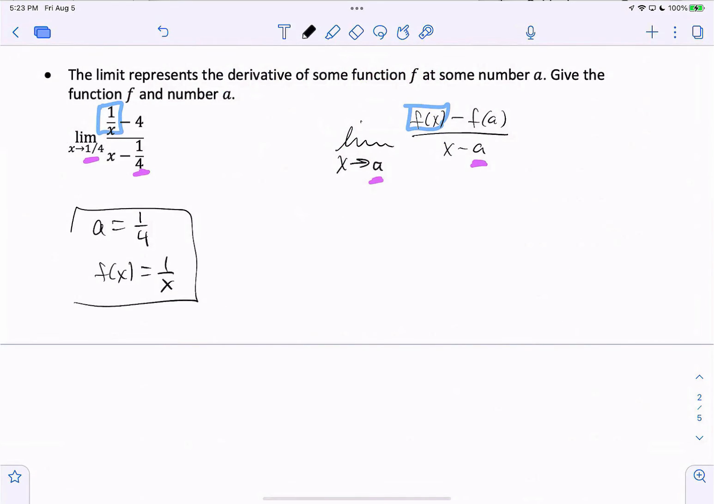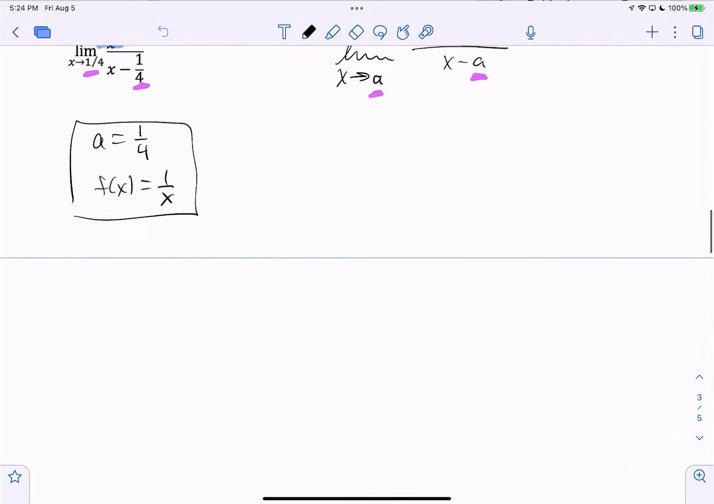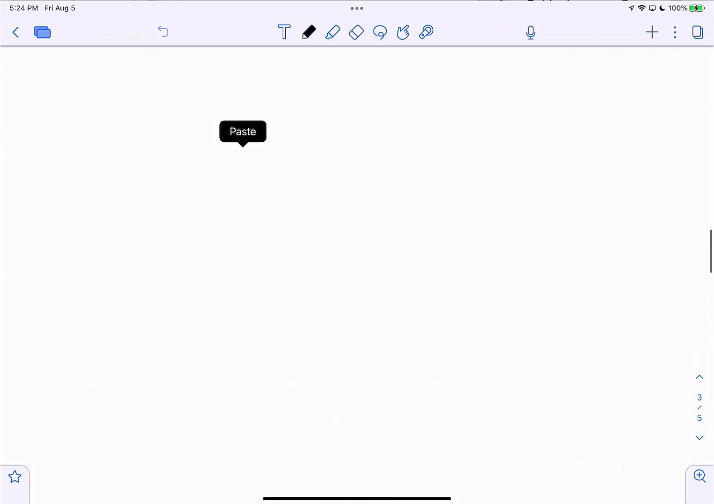That's all we're asked to do in this exercise. Next up, we are asked to find f prime of a for f of x equals 4 over the square root of 1 minus x. For that, I'm going to use that f prime of a, there's no a, so our answer is going to have an a in it,